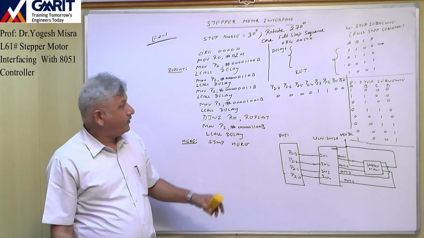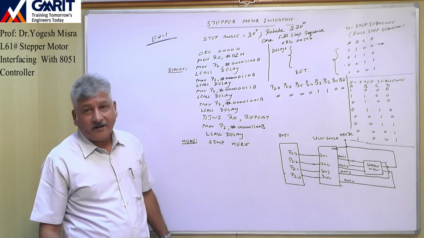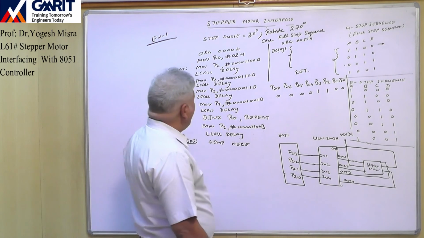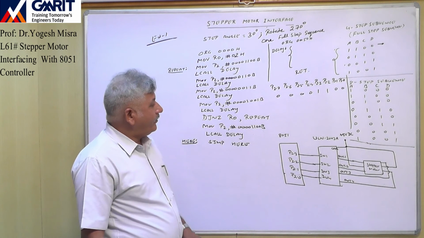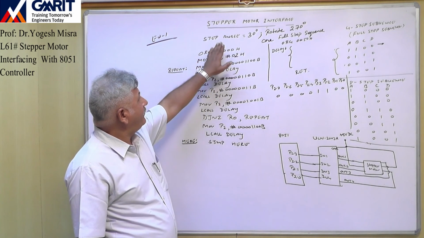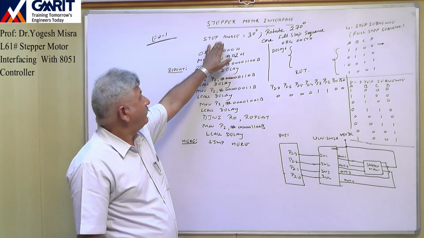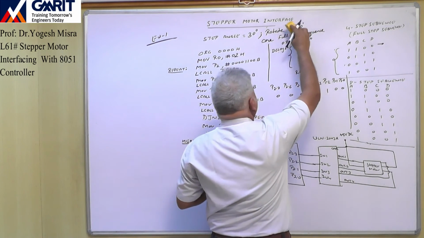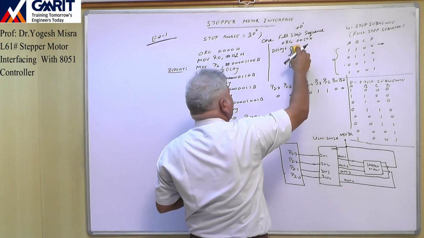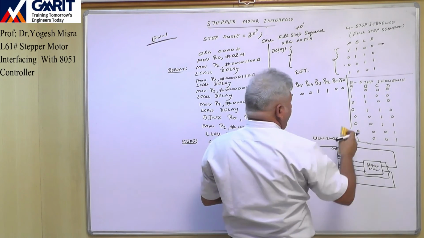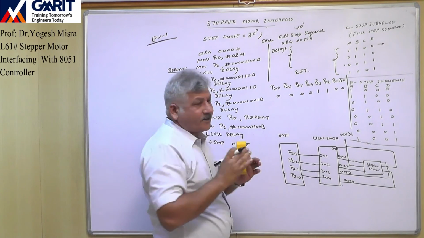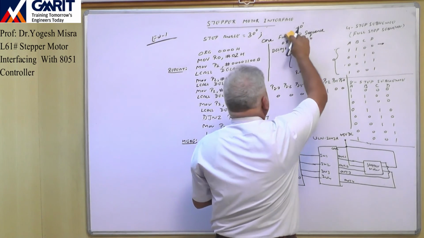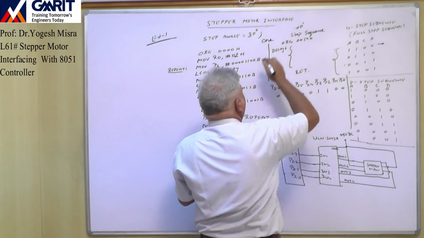So now this will rotate the motor by 270 degree. Now we will see another example. We are having the same motor with step angle 30 degree. Now we will use the 8-step sequence. The 8-step sequence is also called the half-step sequence. So in place of full step, we will use